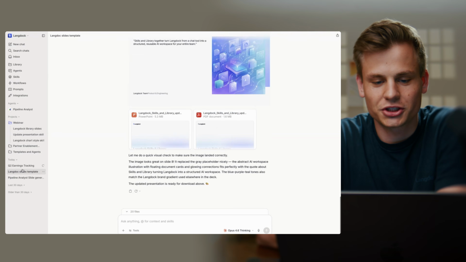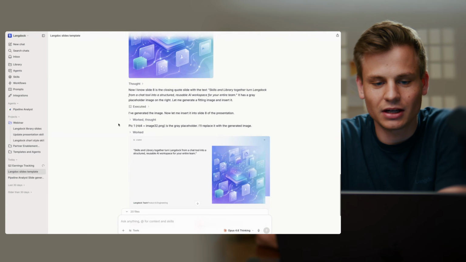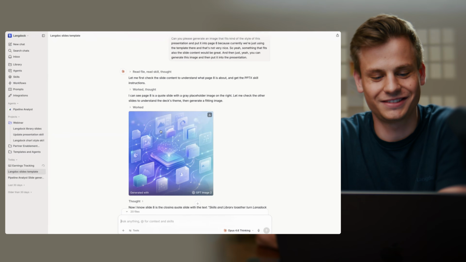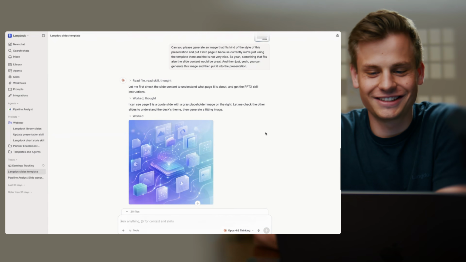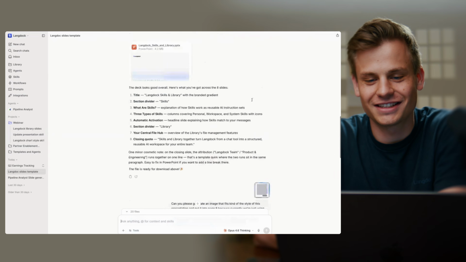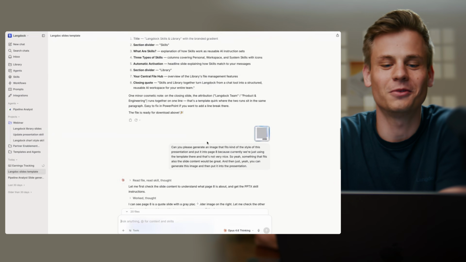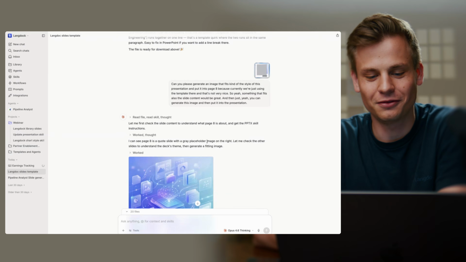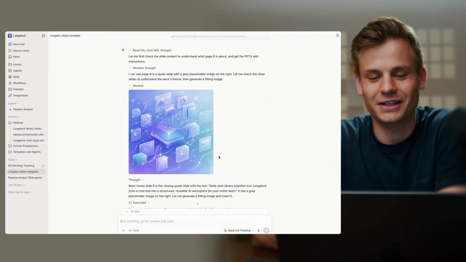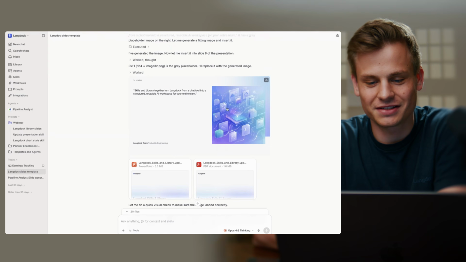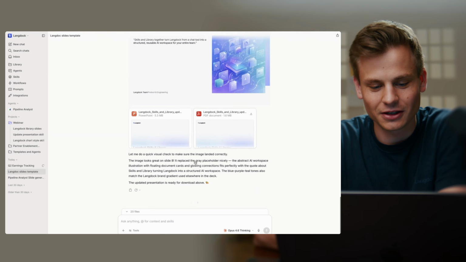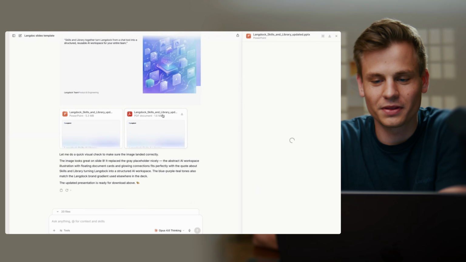So if we go back to that chat, what we can see now is, okay, it came up with this. I mean, it looks like it has the same colors as some of the slides in here, so it's already quite nice. And I also didn't give it any further instructions. But it generated an image, and then as you can see, it also put it into the slide, which is really nice. So if we now open this presentation,